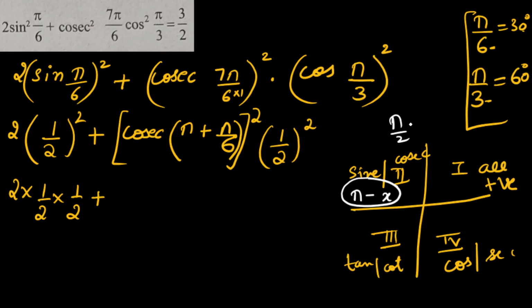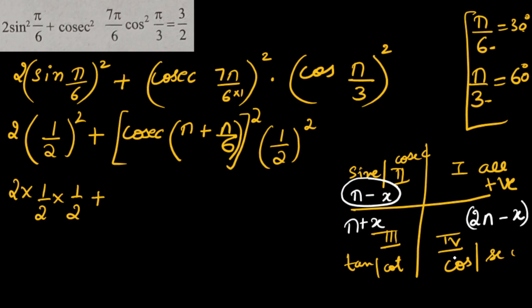We will not write 90 plus x, because if we use 90, the trigonometric ratio will change, since we have learned complementary relations: sine will change to cos. That's why we will not use 90. We will be using pi only. Pi means 180, so 180 minus x in the second quadrant. If the angle is of the form 180 plus x, it's the third quadrant. If the angle is of the form 2 pi minus x, we are talking about the fourth quadrant. These things we have done while solving the questions of the previous exercise, so I hope you already remember.